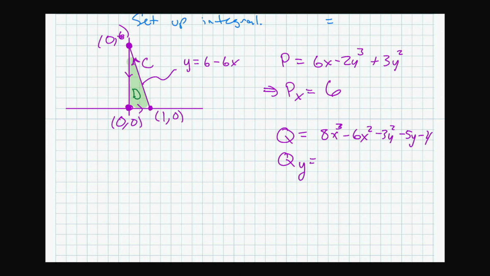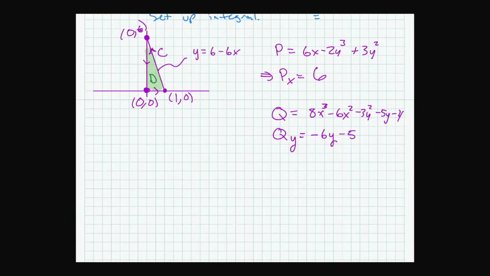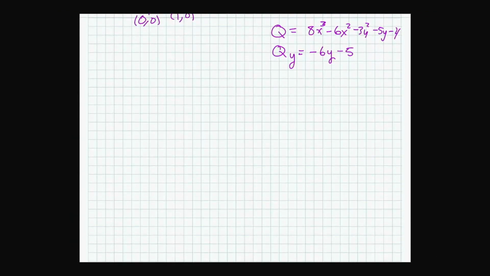So we need the partial with respect to y. There's no y's, there's no y's, there's two y's. So the derivative of negative 3y squared is going to be negative 6y. And the derivative of negative 5y is going to be negative 5. Okay? So we're able to use Green's theorem then, which is going to say